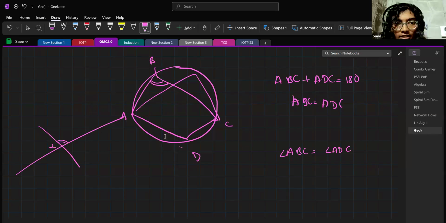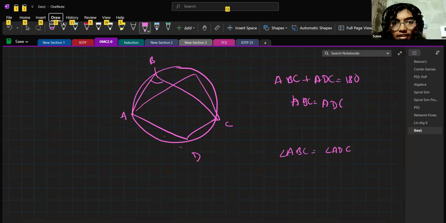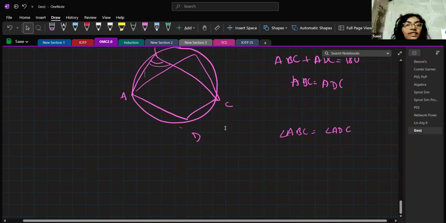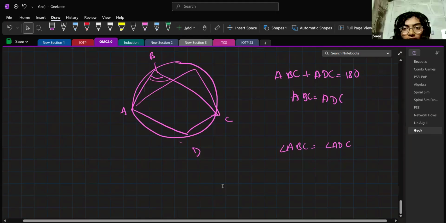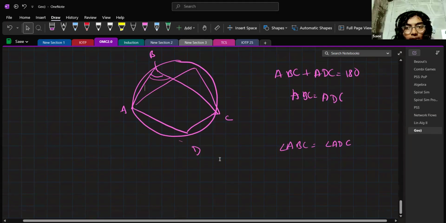So we fix some orientation like clockwise, and then we just stick to that and define angles using that. Basically that's the idea. I don't want to go too much into it because it might end up confusing people also, but